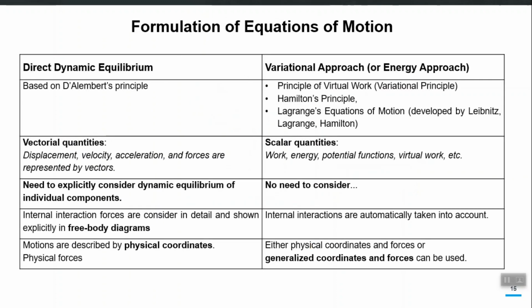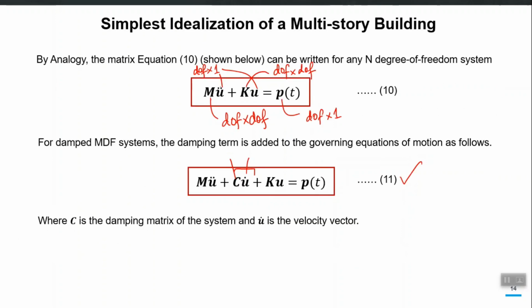So one thing before I actually introduce you to the second approach for the formulation of equation of motion. Let's think now that we have a multiple degree of freedom system, a discrete multiple degree of freedom system, which has vertical degrees of freedom as well as rotational degrees of freedom, right. So what will happen actually, how will this change our mathematical formulation?